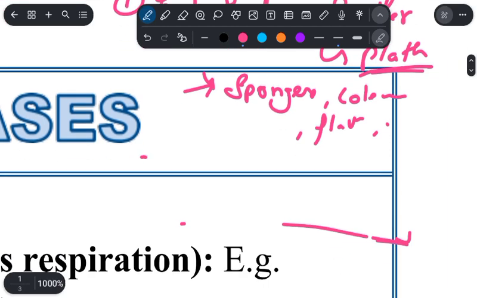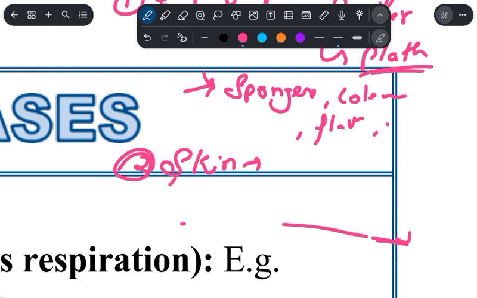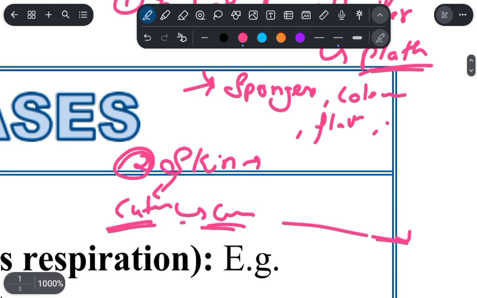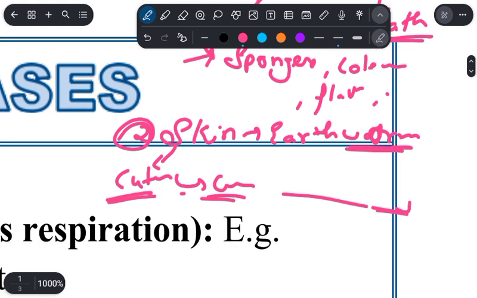Then second is skin, cutaneous skin. We also call it cutaneous respiration. So skin: earthworm,